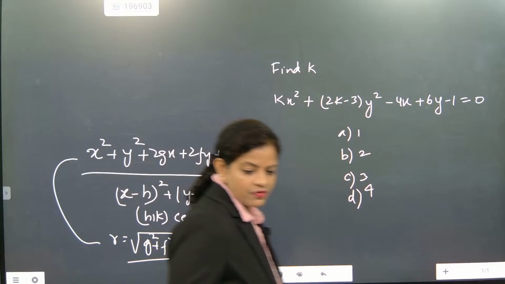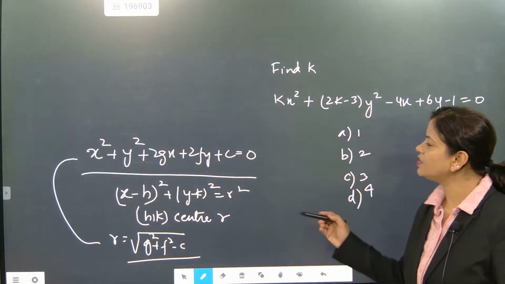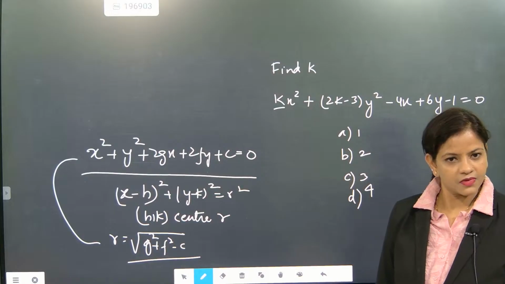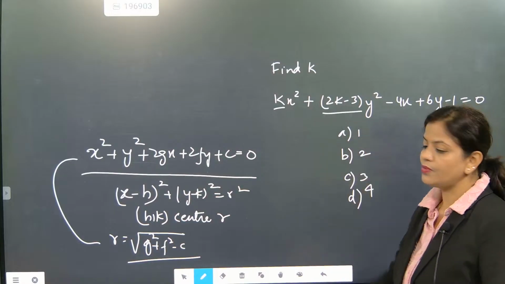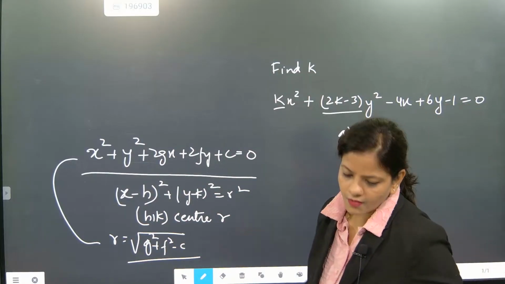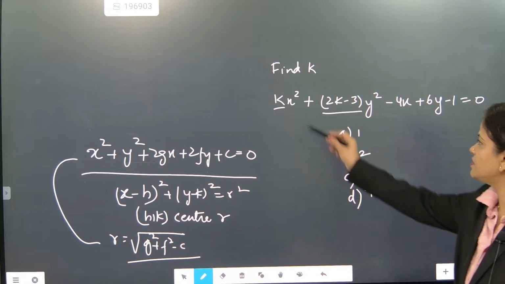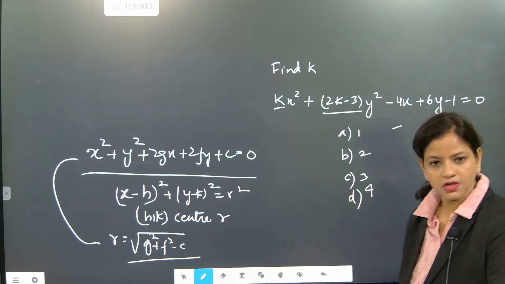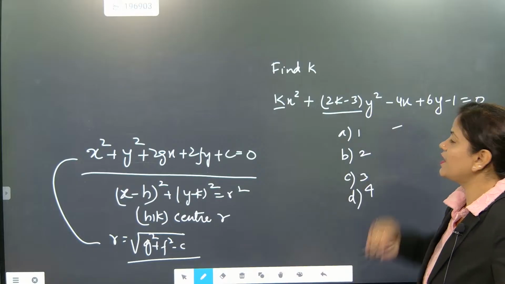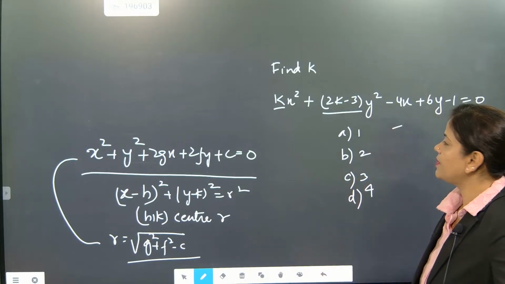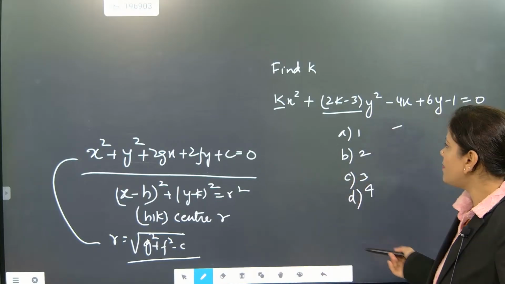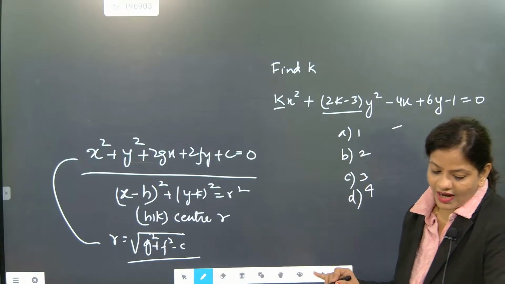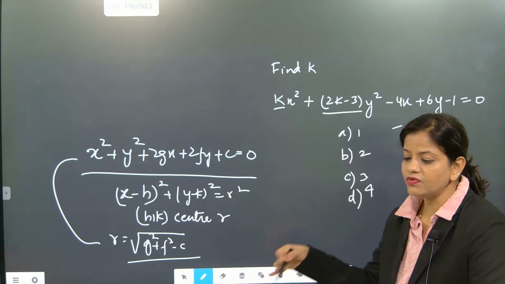But here we are going to understand how to get the value. According to this equation, this should be 1, correct? And this should be 1. Got it? So if I take this equal to 1, the k value comes as 1, so this will become 2, correct? But if I take this value as 1, then the k value comes as 3 by 2. So with 1 and 3 by 2, people will think, okay fine, we will go for 1 as the answer. But that is not correct. The moment you think like that,